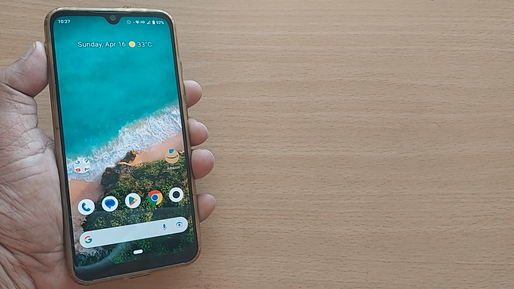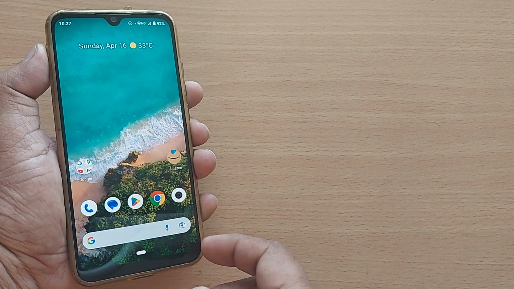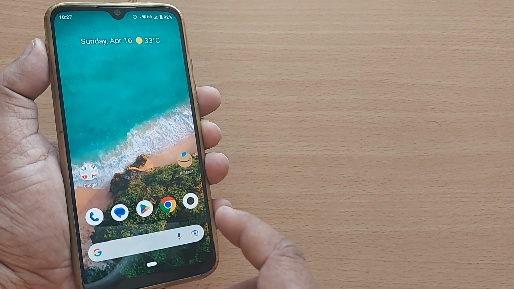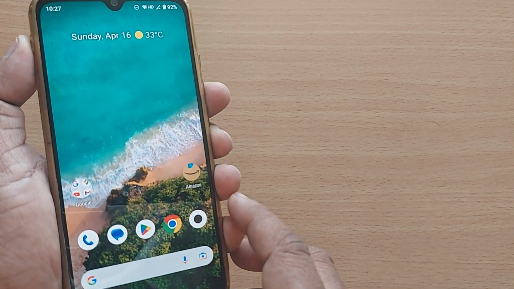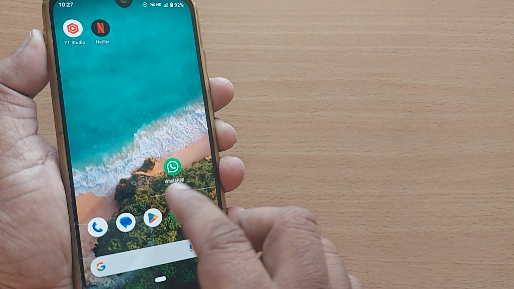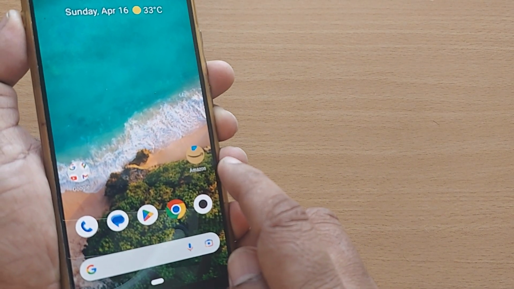Whenever you find a situation where your apps keep on crashing and you're unable to fix it, in this video we're going to see how to fix that kind of situation where your app keeps on crashing. For example, see in this video, on my home page, if the Amazon app is there and it keeps on crashing,